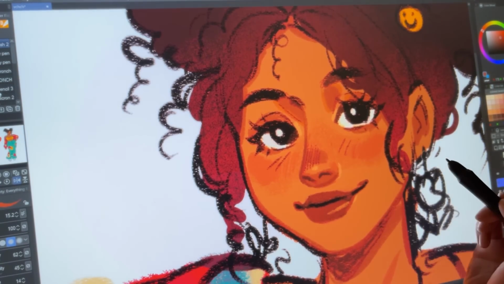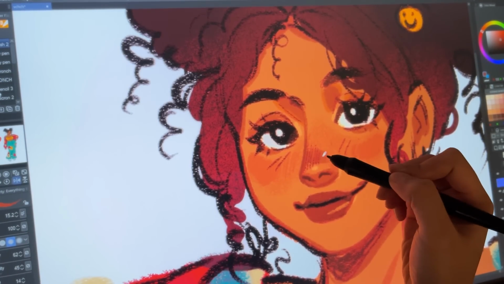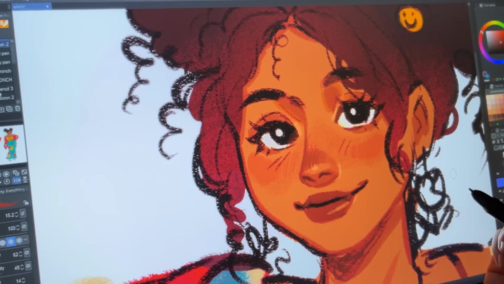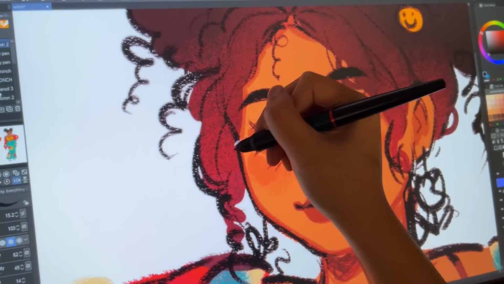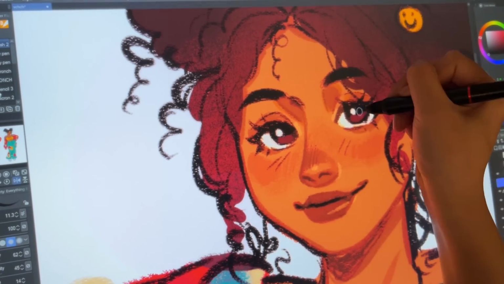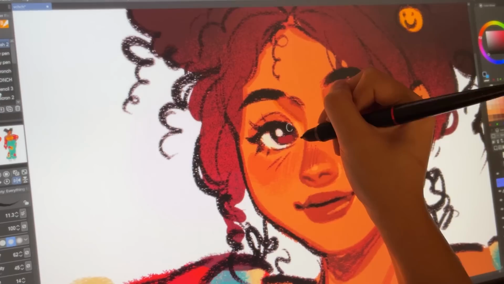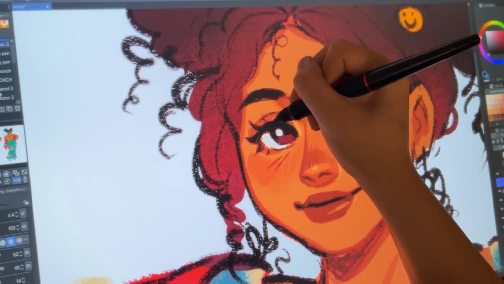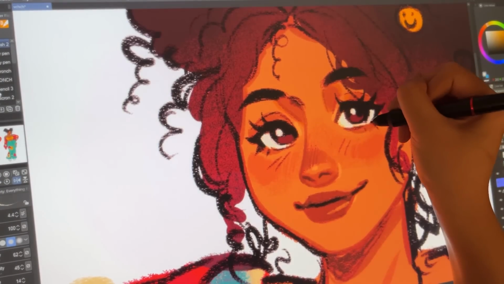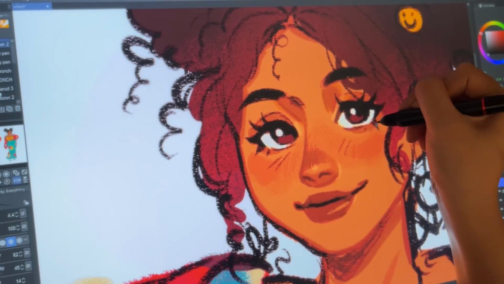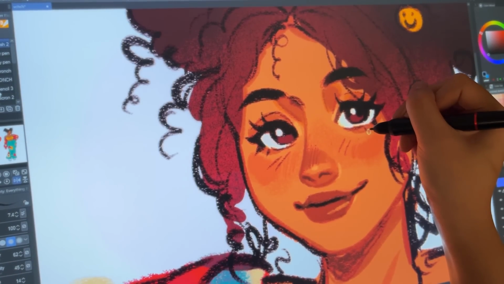But I thought, hey, I've already done so much work on this and I might as well do a small bit of rendering just so that it looks a little bit more finished, you know? Even though I don't super like the colors, let me just get to a point where I can call it finished. And also, I was submitting this into my portfolio for class, so I kind of had to actually finish it.